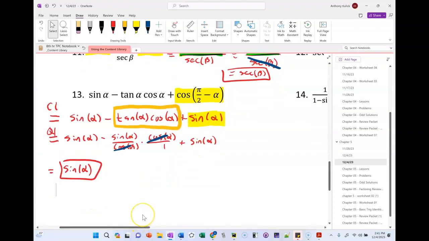Wait, I have a question. Yes, go ahead. Is that like a negative sine theta? You can think about it: sine theta minus sine theta plus a sine theta. So you just have one left, right? It's like 2 minus 2 plus 2. Well, the 2 minus 2 is 0, and then